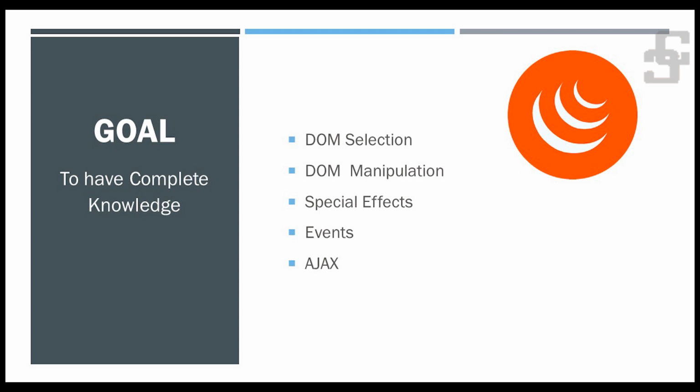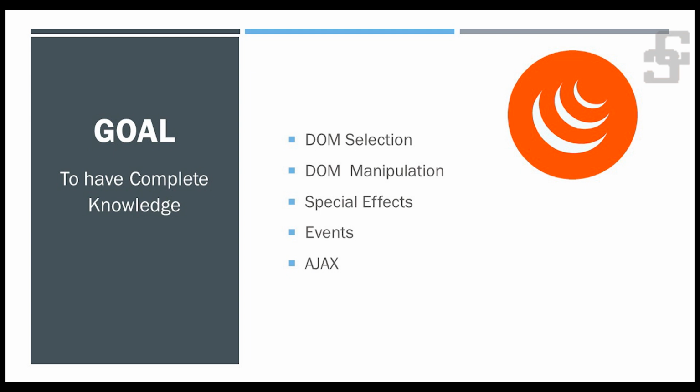We can add or remove elements. We can add content, we can add CSS dynamically. All these things will be covered under DOM manipulation. And we can give special effects. So it is covered under special effects using jQuery. We can use special effects such as show or hide of elements, fade in, fade out, sliding effects and animation effects, etc. We can see all these things in upcoming videos. That's why I am telling this as an introduction.